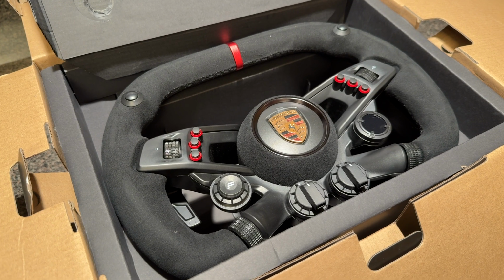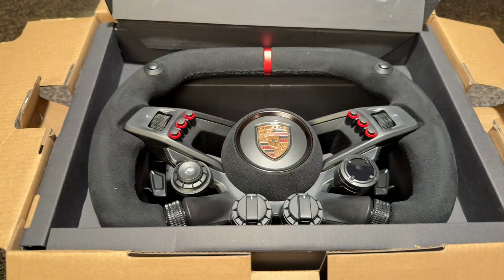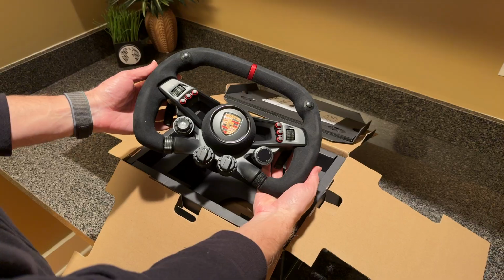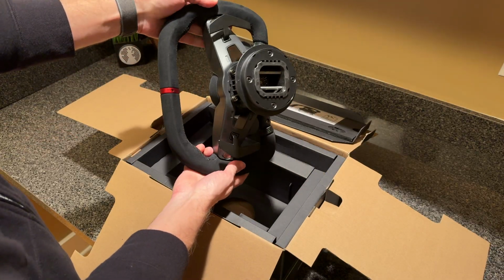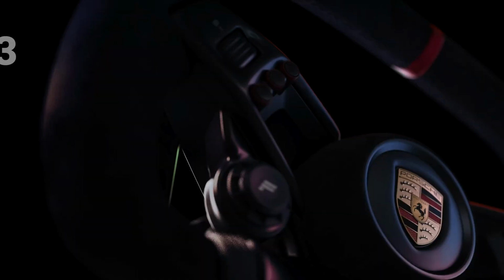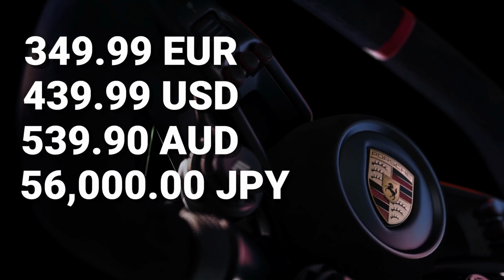The wheel is 310 millimeters in diameter and has an internal structure of cast aluminum. It features 8 push buttons, including 2 that are actually integrated into the rim itself. It also has magnetic paddle shifters and is compatible with both Windows PC and PlayStation consoles when used with a PlayStation licensed base. At launch, it is priced at 349 euros or 439 US dollars,